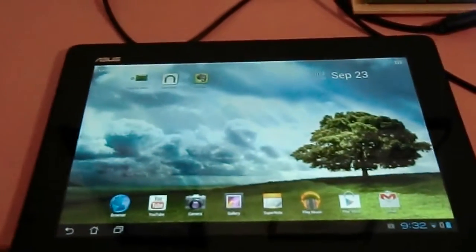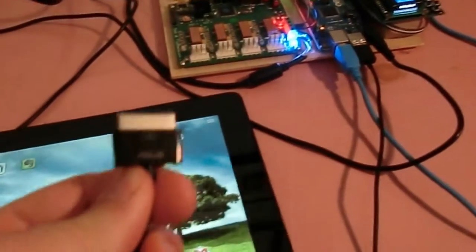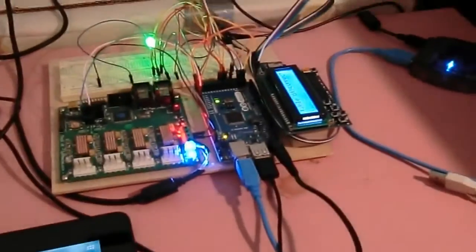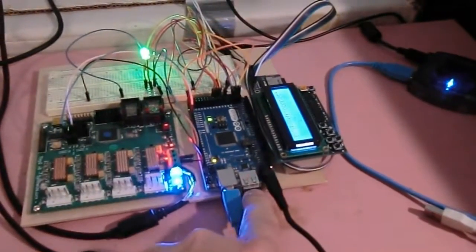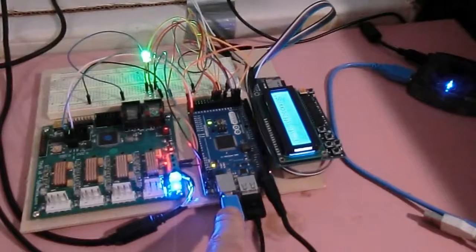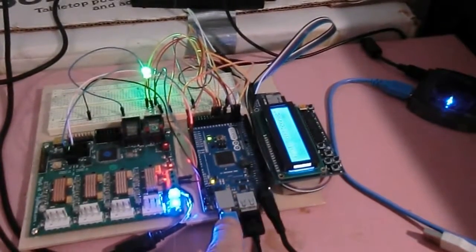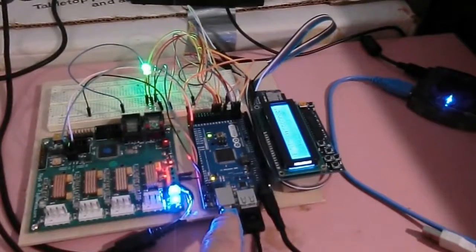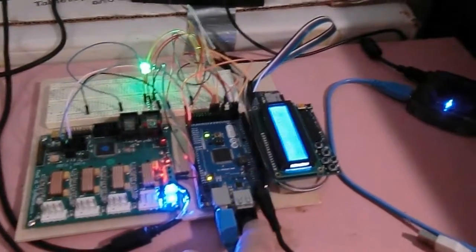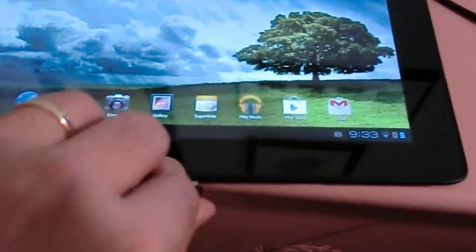At the moment, if I take the USB cable, which is connected to the Mega ADK board here, this is connected to the development PC and wouldn't be used, at least in a production environment. This is connected, and if I connect it to the tablet,